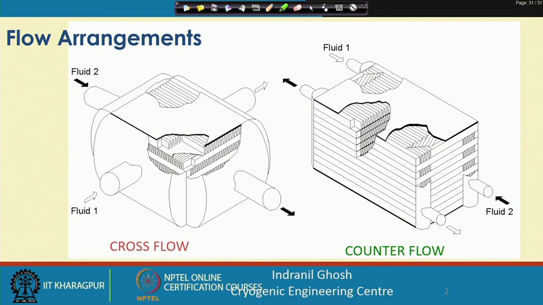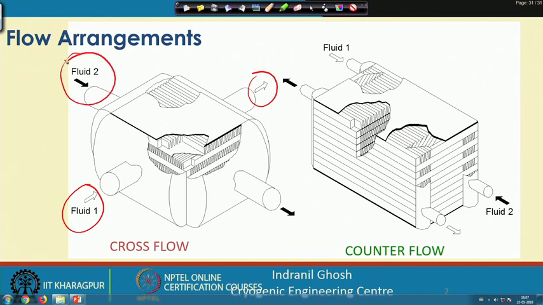So, here in this case only fluid 1 and fluid 2 are seen. I mean, this is fluid 1, this is fluid 2 moving out, and this is fluid 2 which is coming in and coming out through this exchanger. This is the cross flow type, and we also discussed the counter flow heat exchanger configuration, where we have